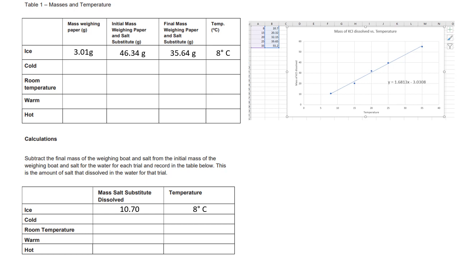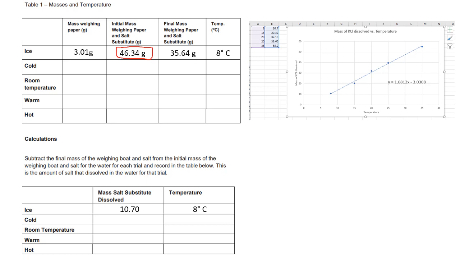And then I put about 40 grams of salt substitute onto my weigh paper, and you can see I actually got a little bit more than 40 grams. I got about 46.34 grams. So that was a net of about 43, but exactly how much I got on there is not what's really important. I need to know what everything weighed together so that when I got done,